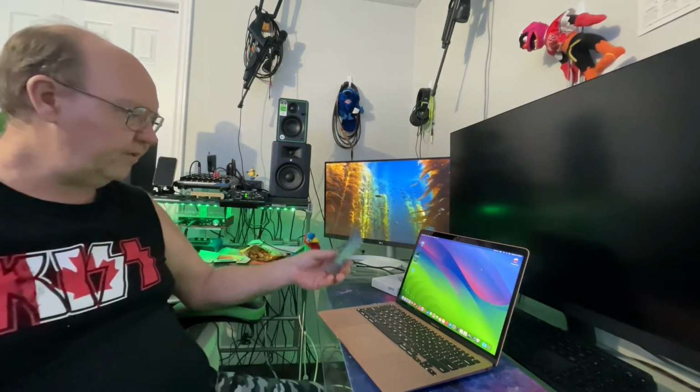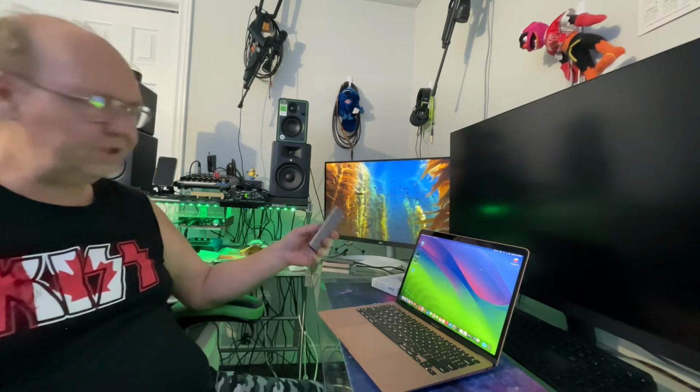But, you know, the other one has got pretty much the same features, really, except that it's actually got authentic Thunderbolt on it. So they say, hey, it's worth a shot on Amazon. It's 75 bucks in tax. If it doesn't do what they say it does, really easy to send back. I got this from Best Buy for 50 bucks, and either way, I'm still going to keep it